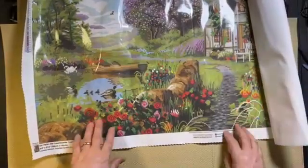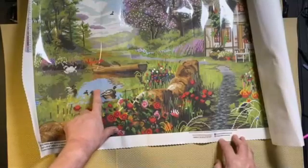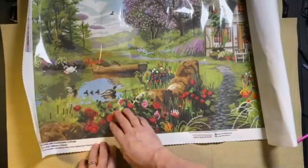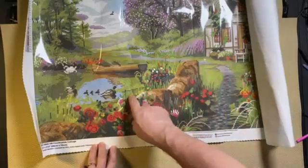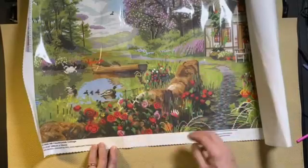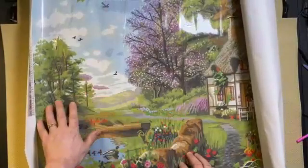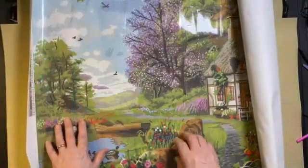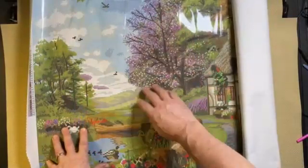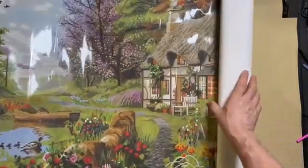So in this picture we have a pond, we have some mallard ducks, we have some little ducklings here, we have a swan, got the roses, got the stone wall, we have a boat in the pond, some flowers, and we have some hills in the background, a few birds flying about, trees. I think there's going to be a few ABs scattered through this. That's all really nice. And then we actually get to the cottage,